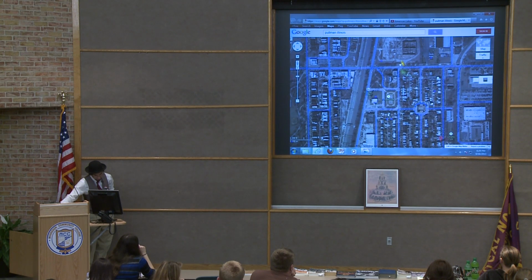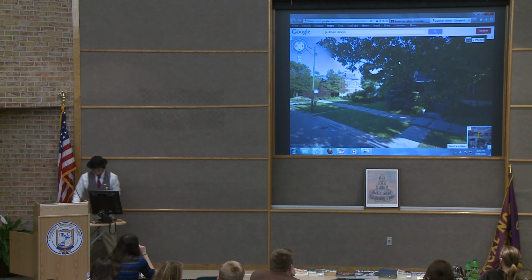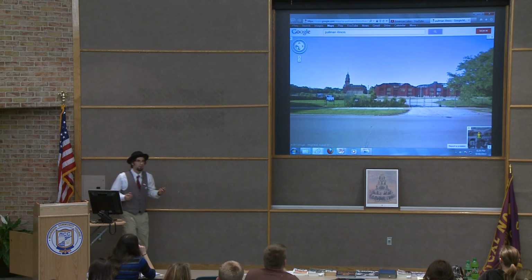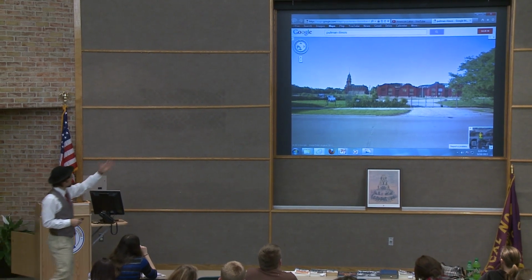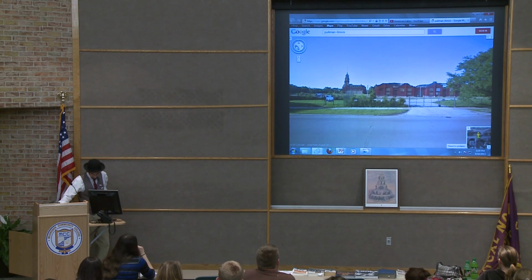If you just kind of pull it right here. And this is the beautiful, it's actually nice when you look at it here. There's the factory where the Pullman strike was. And right across the street, it's now shuttered. Right across the street, you can see